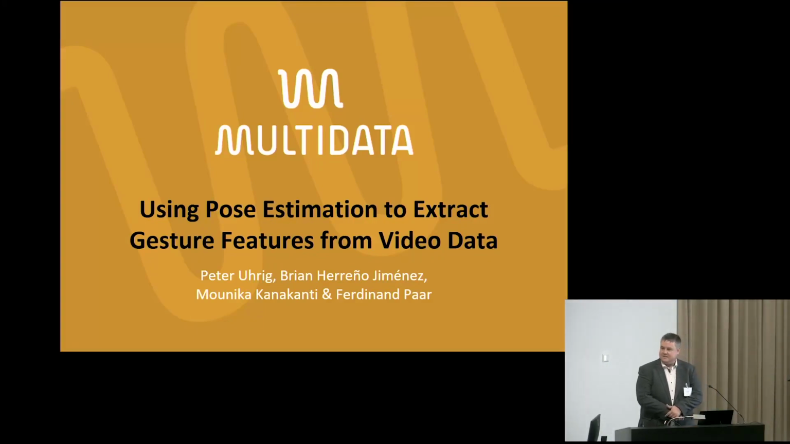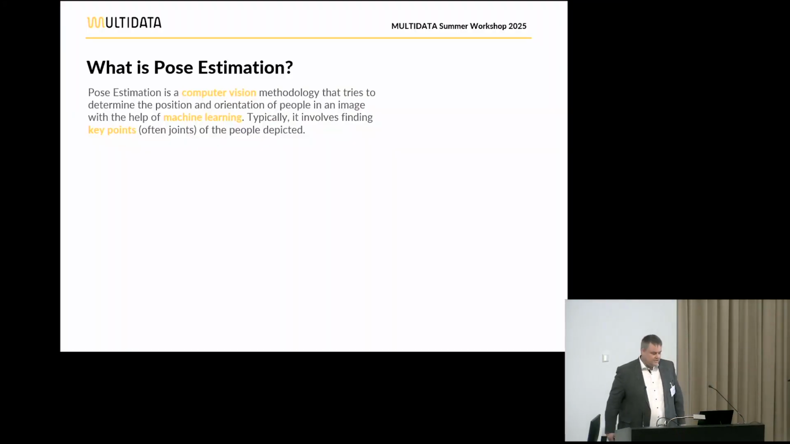Right, welcome back. And in this session, we're trying to show you what pose estimation is and how it can be used to extract gesture features from video data. Now, put very simply, pose estimation is a computer vision methodology that tries to determine the position and orientation of people in an image with the help of machine learning. That's what it does. It typically involves finding key points, typically those are joints, as we saw, of the people